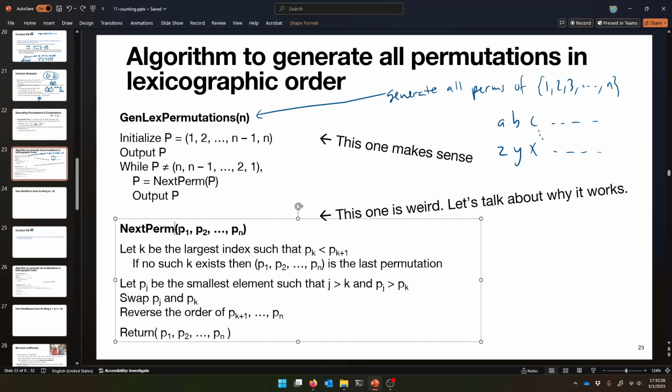But the way that we take an input permutation and then compute an output permutation, that's the next one in lexicographic ordering, is very weird, all right? So we have to talk about it. Feel free to read this: let k be the largest index such that pk is less than pk plus 1. If no one exists, then it's the last permutation. Read this. It's a little weird, all right? It's hard to understand. So the best way to show you what it's doing is to